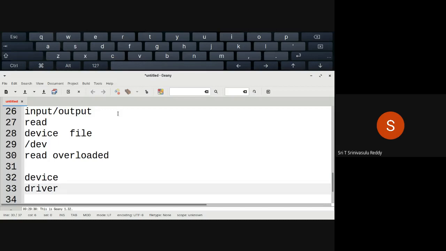The CPU cannot read any data directly from the secondary storage and execute. The CPU is designed so that it can only fetch instructions from the main memory. From the main memory only it can fetch the instructions. Fetch instruction, decode it and execute. Fetch the next instruction, decode, execute.